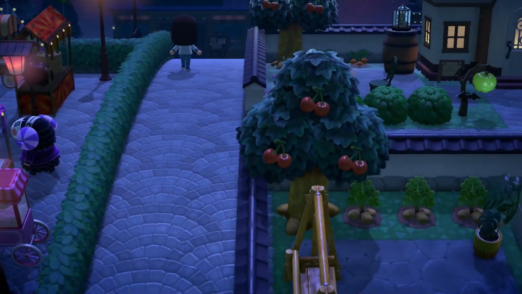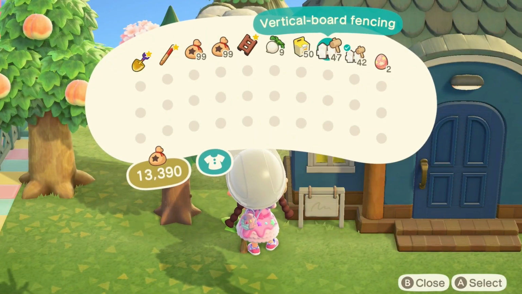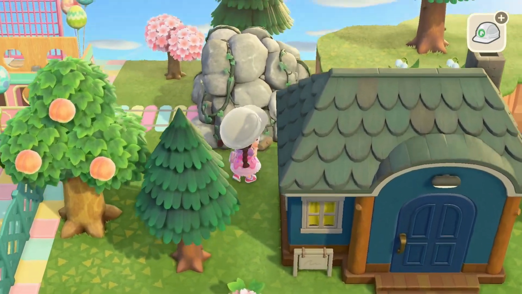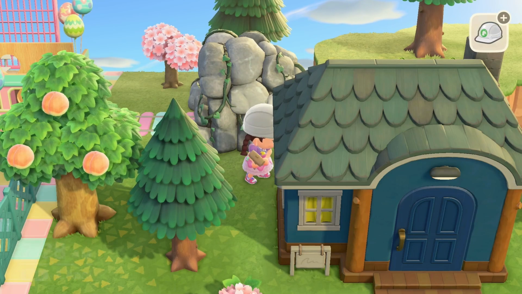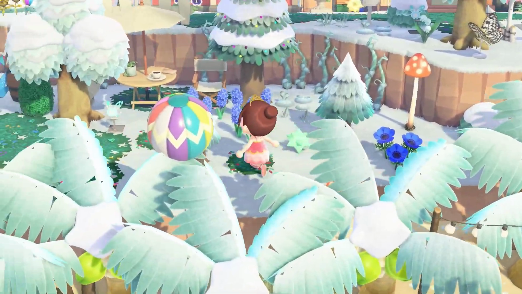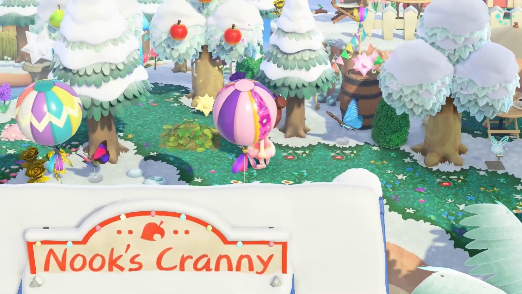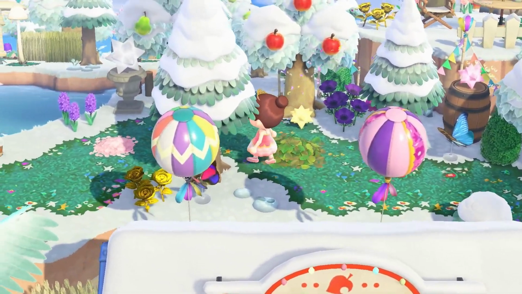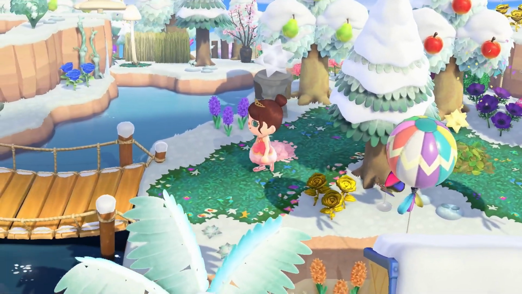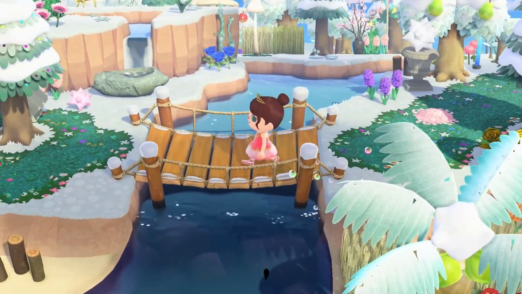There's nothing wrong with finding something you like and wanting to give it a go, but if you find you're becoming overwhelmed with making something that big, then you may want to work on some smaller builds instead which only use a couple of items whilst you work your way towards making something bigger on your island. Some of my favourite builds have been made with just a couple of my favourite items in the game and some custom codes to fill an empty space or to make a walkway feel more vibrant when you walk from one build to another on a dream address. And these smaller builds can really help keep you going when you're struggling with motivation to finish your island.